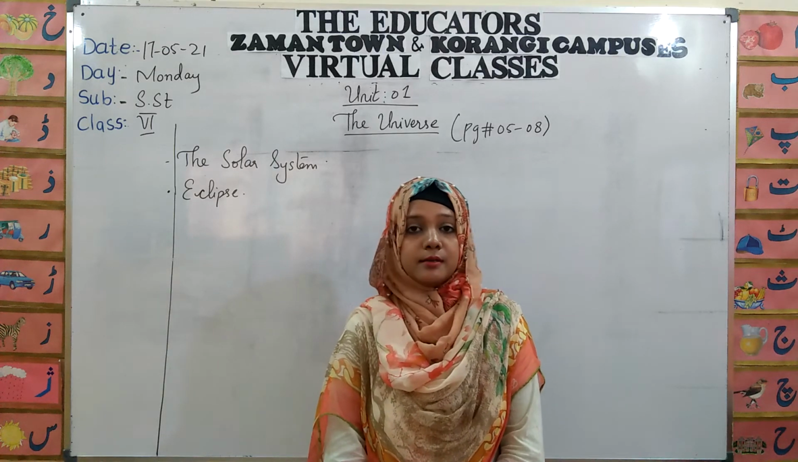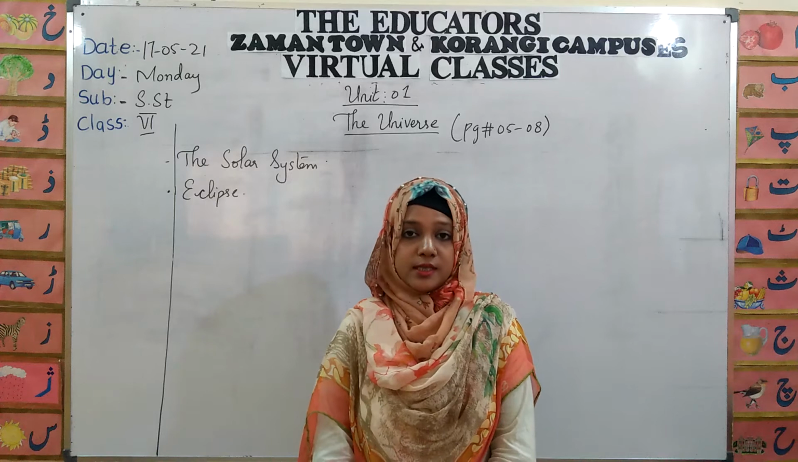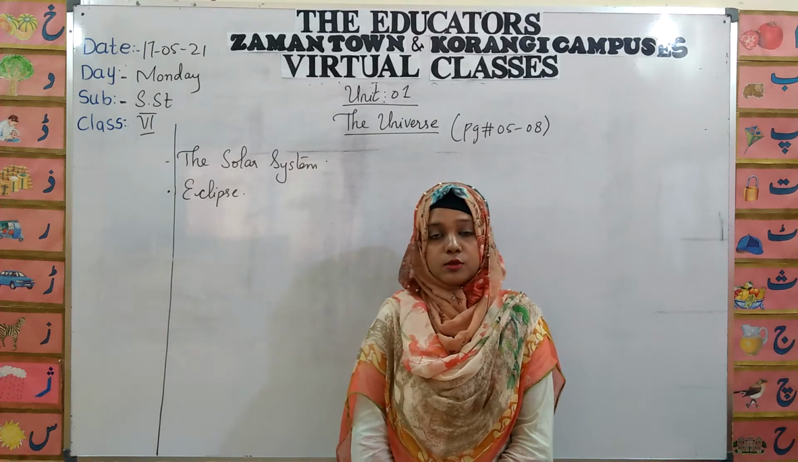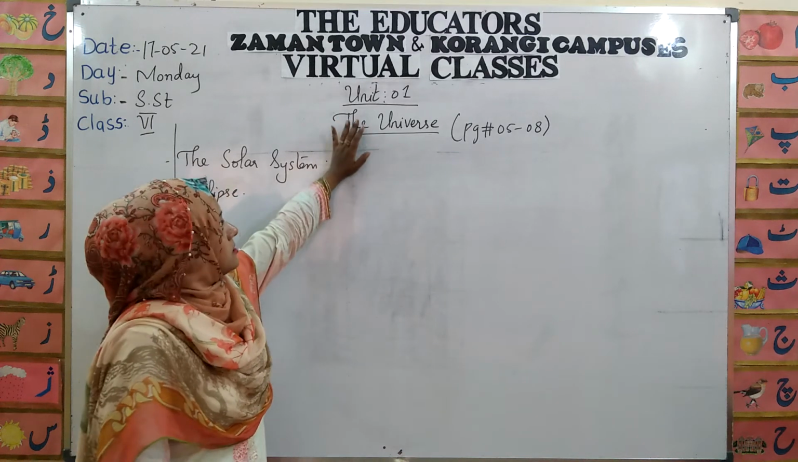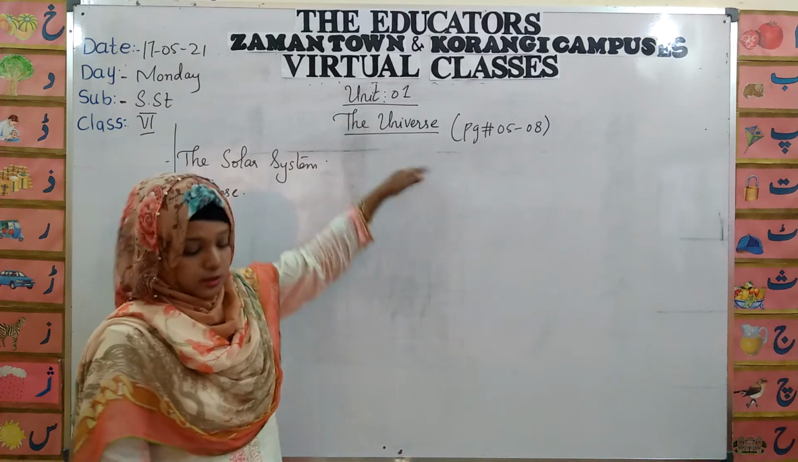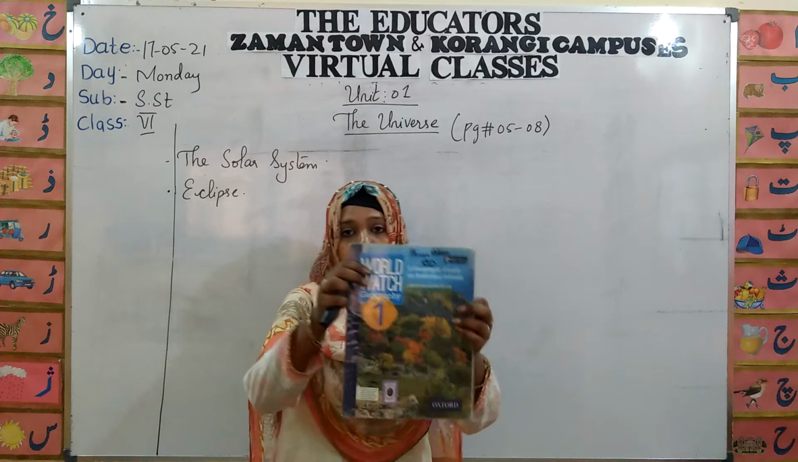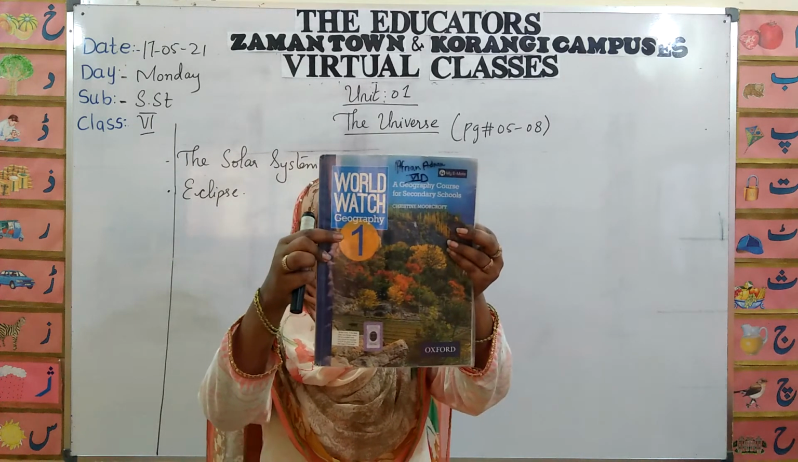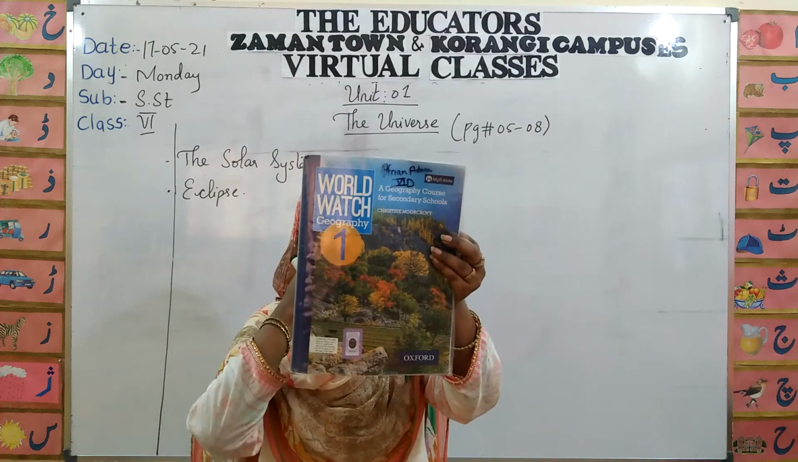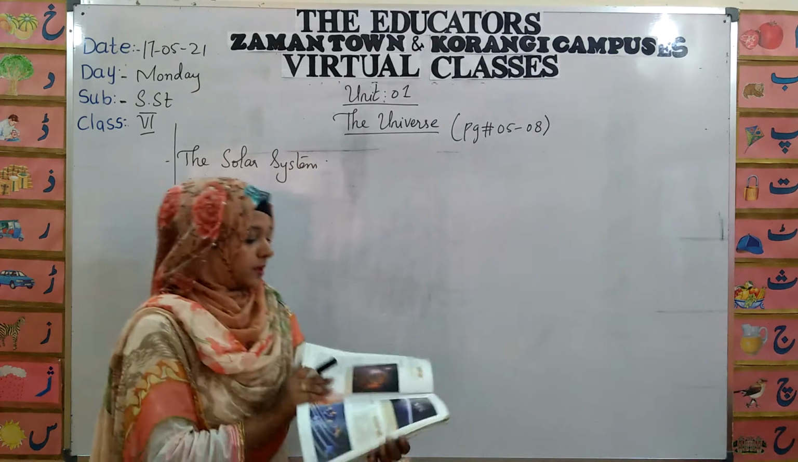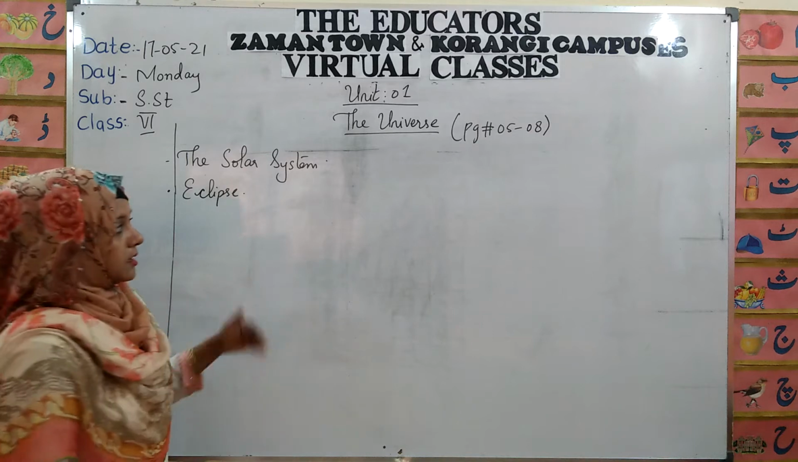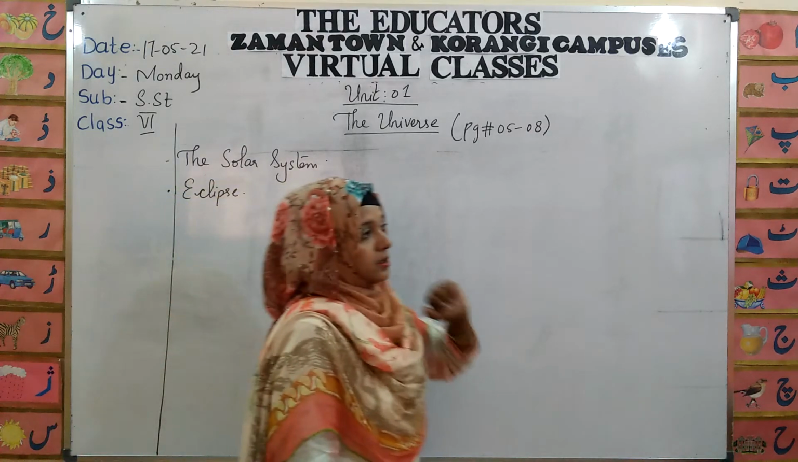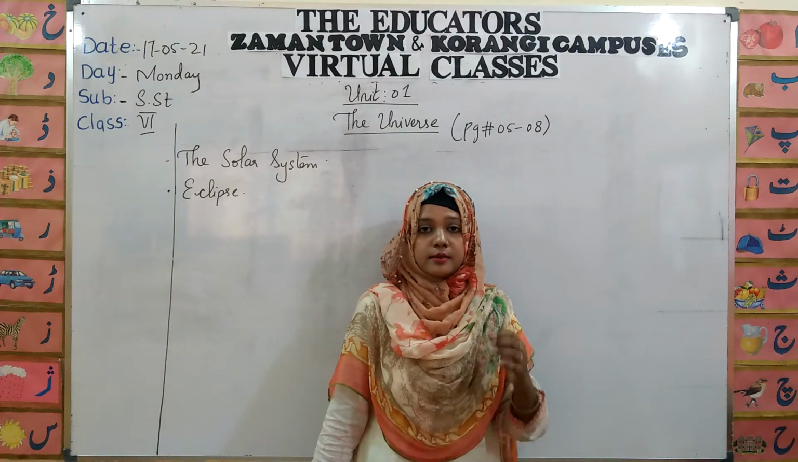Today we are again here to take another class of SST. The topic we are going to proceed with is the same as we started in the first class, Unit 1, the Universe. Your book is World Watch Geography. Alright, open it. In the previous class, we discussed the basic unit of the universe, that is the